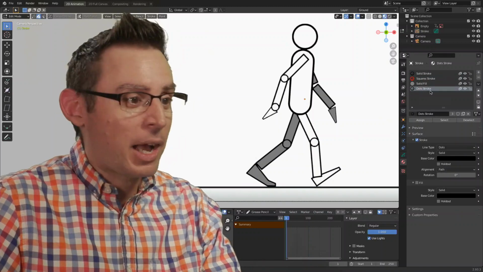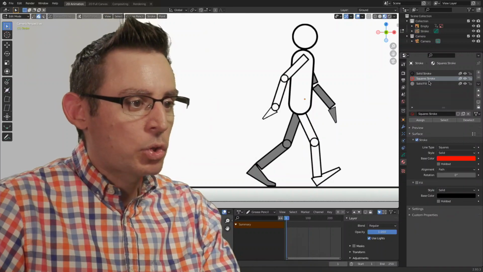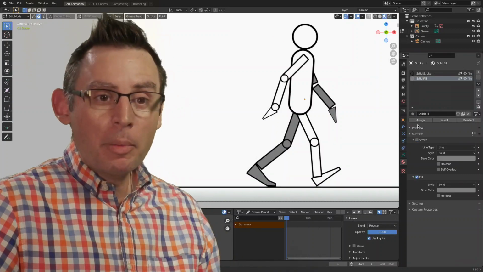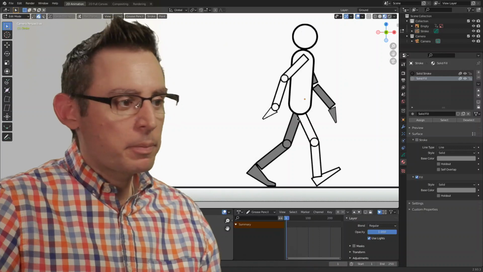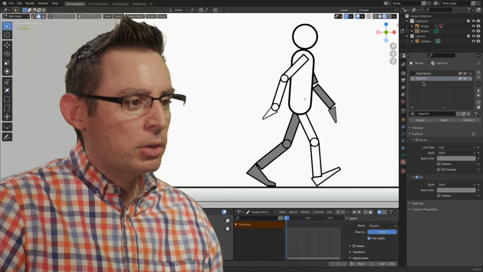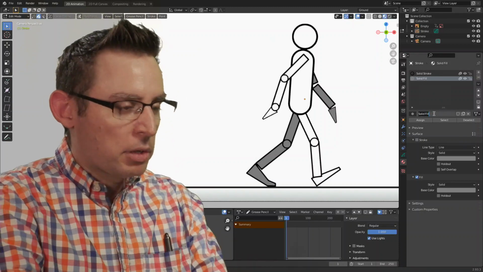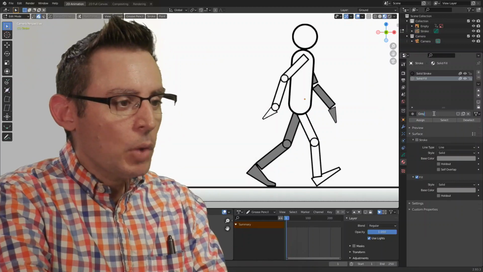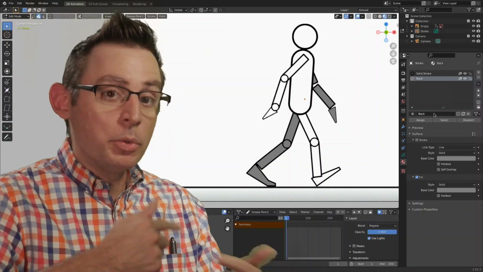I don't think I want dot stroke, so let's get rid of that one by hitting the minus sign. Same with square stroke. We're not going to need that. But solid stroke and solid fill, we're probably going to need those, and specifically for the character and for this back leg. And here's what I'm going to do. I'm going to change the name of the default solid fill material to gray leg. We'll just call it gray or back. And then we'll do a front.